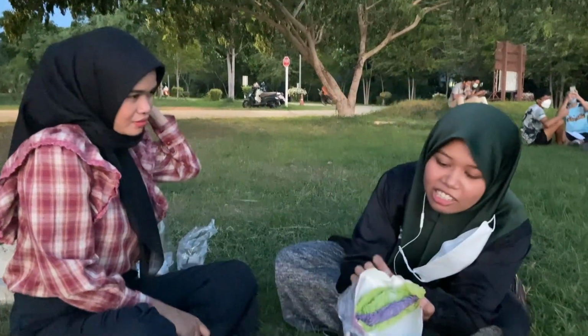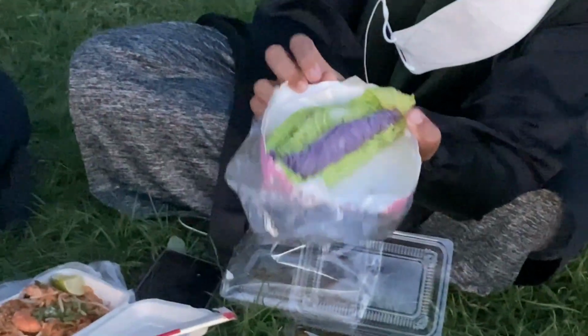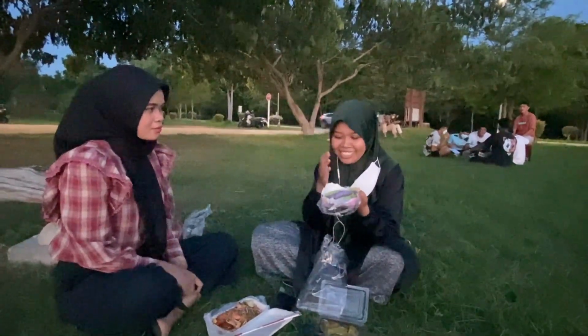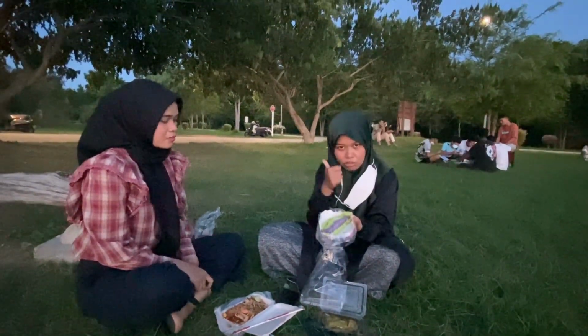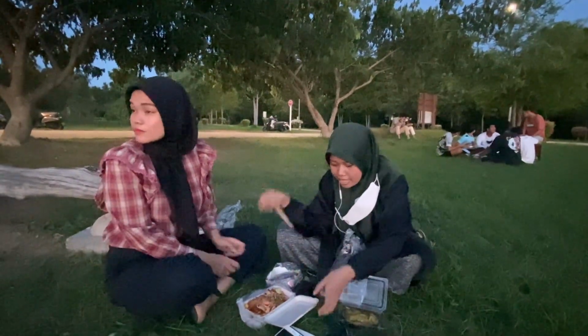Can you see the coconut? I mean, the real coconut inside. Yeah. I know it's rude to smell, but it smells so good. Smell coconut? Yes. And the last thing is